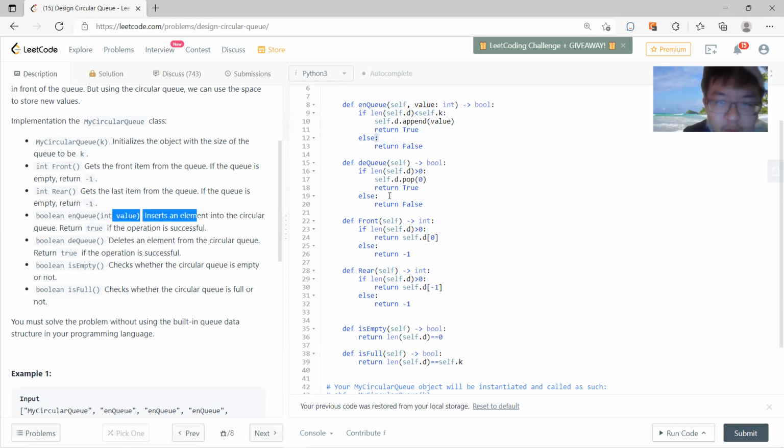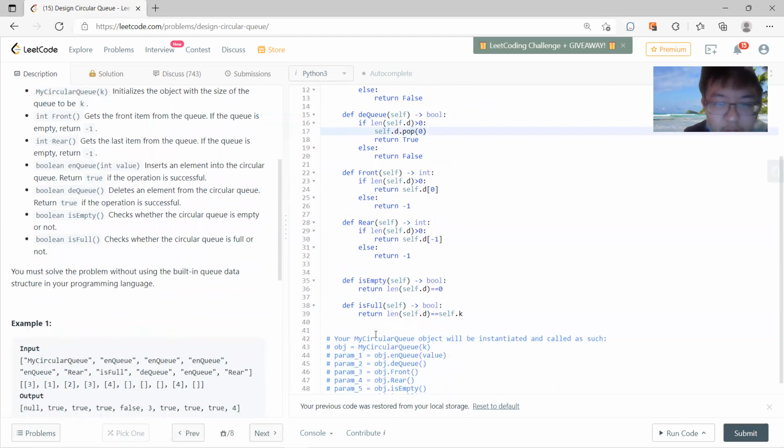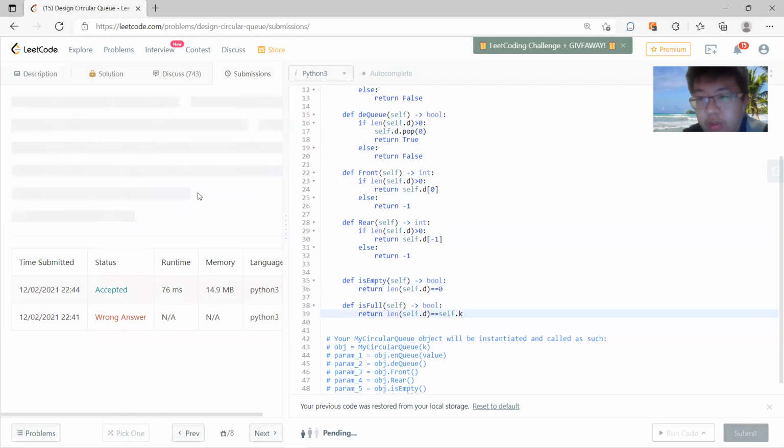And then you can also dequeue, do the same thing, but pop the first one. And for isEmpty, just check whether it's empty. And for isFull, just check whether it's at the maximum. That's it. So it's very simple, just